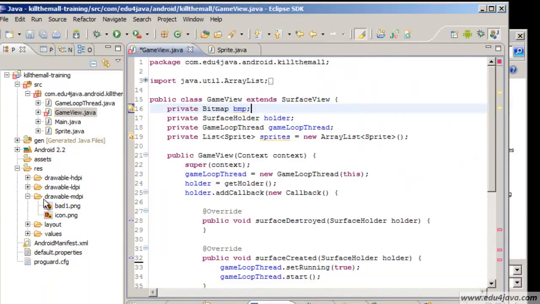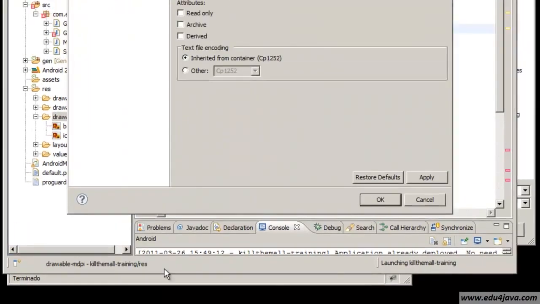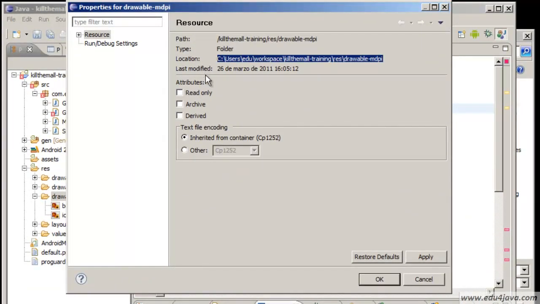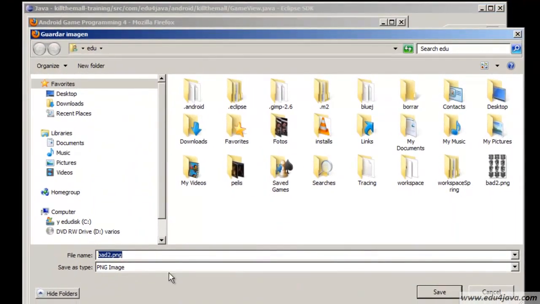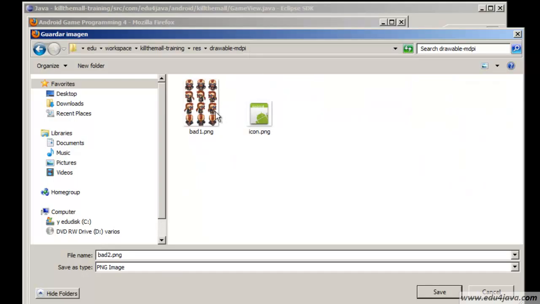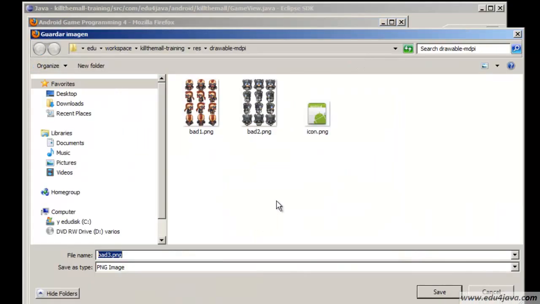We are going to have to save them here. If we open properties here, we can copy the folder where the sprites are, or where we want to put them. Here it is, bat1. We save bat2,